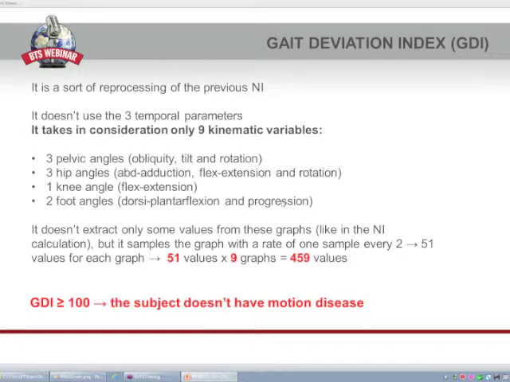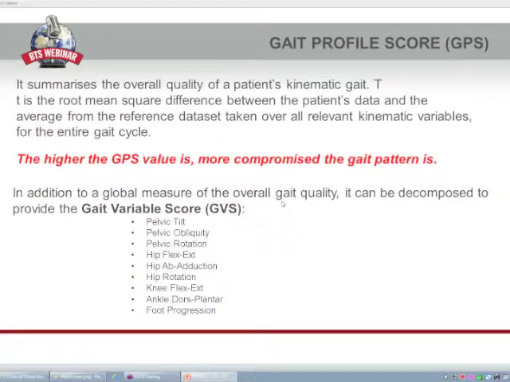For example, if you get a GDI of 65, it means that your patient is 3.5 standard deviations away from normalcy. This is about the GDI. While the Gait Profile Score, that is the other index, summarizes the overall quality of a patient's kinematic gait, as does the GDI. But in detail, from a mathematical point of view, this index is the root mean square